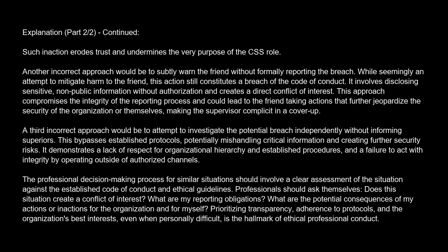This bypasses established protocols, potentially mishandling critical information and creating further security risks. It demonstrates a lack of respect for organizational hierarchy and established procedures, and a failure to act with integrity by operating outside of authorized channels. The professional decision-making process for similar situations should involve a clear assessment of the situation against the established code of